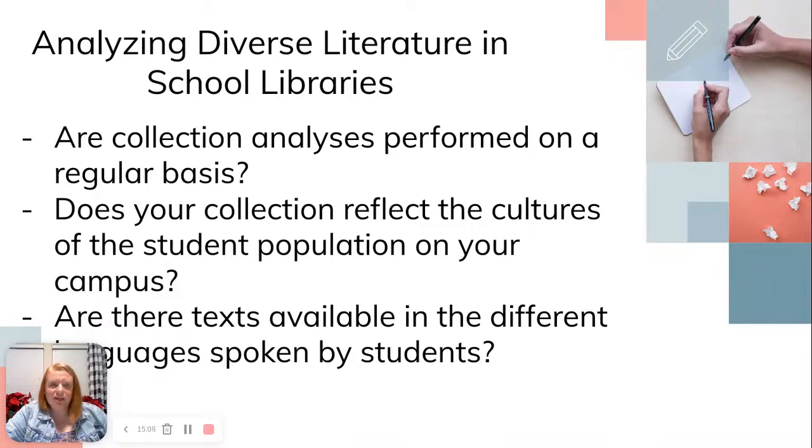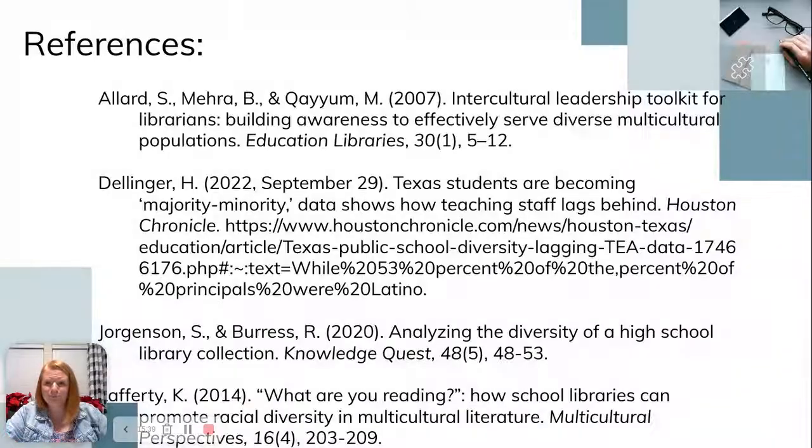And I have analyzed our library collection, and there's a few Spanish books. There's a few, and I didn't see any books in Vietnamese. I didn't see any books in Arabic. And so I know that this is something that our school can do to improve. And this is something that I think other schools can do to improve as well. Because again, we want our students to belong. We want them to feel like this is their school so they can take that identity along with them.